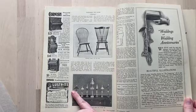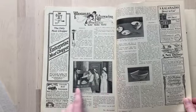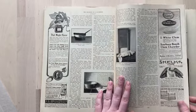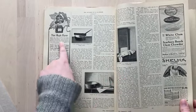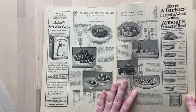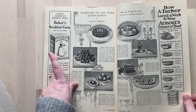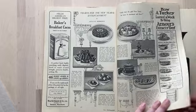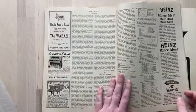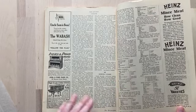Windsor chairs, old and new. Rat poison. Maple flavor. Oh my God, look at those cakes. New Year's entertainment cakes. It's crazy. Bell chocolatier. Oh, here's Heinz. 57 varieties. Minced meat. Don't know about that, but